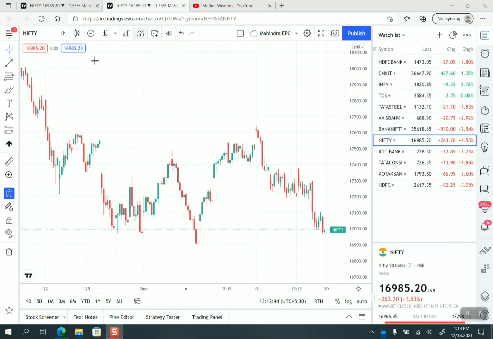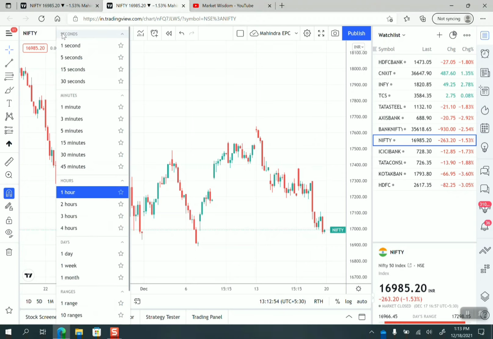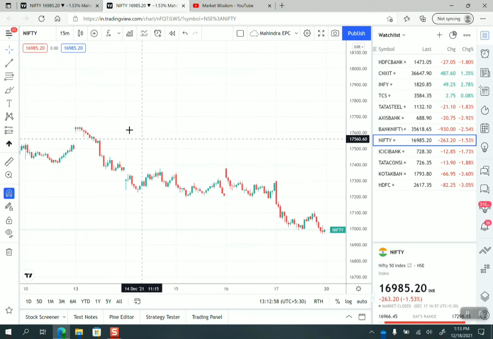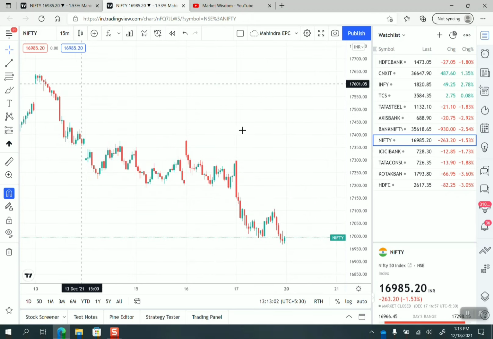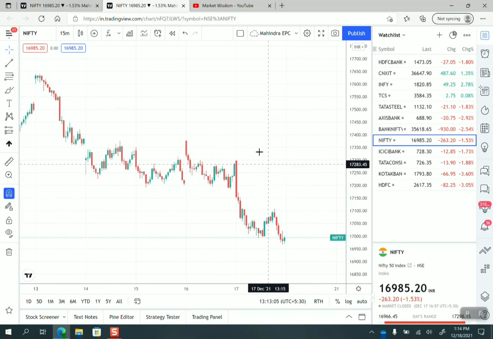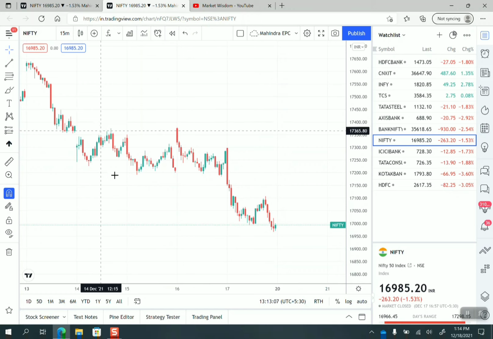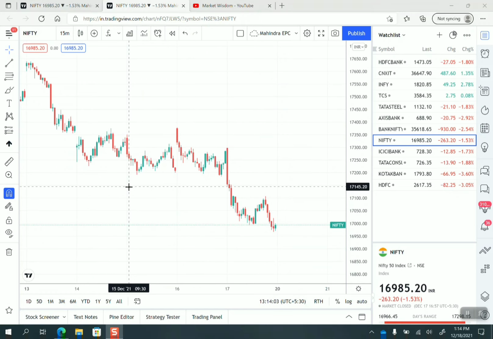So I have come to this TradingView site, and here we will add some indicators. Remember, I am taking the hourly candle and the 15-minute candle for my whole trade, and I always look for the spot levels and not the futures levels. This is the Nifty 15-minute chart you are seeing right now, and we'll see whether we are getting accurate levels with this strategy or not. So let's start. Positional trade.